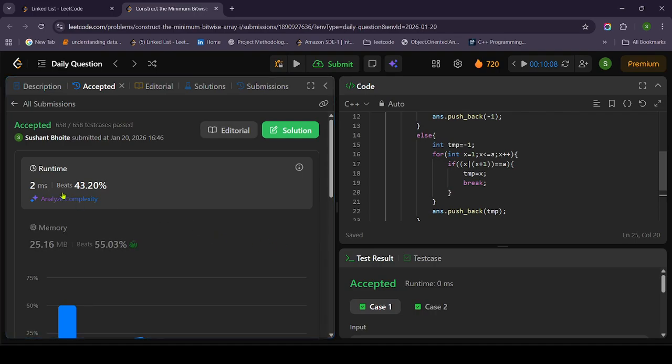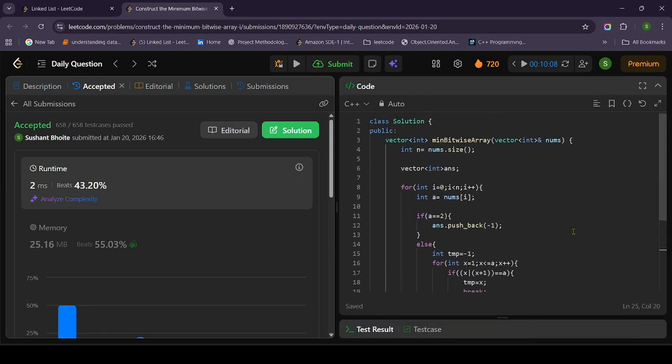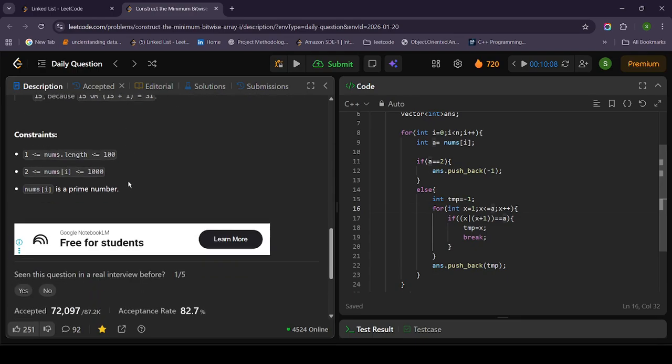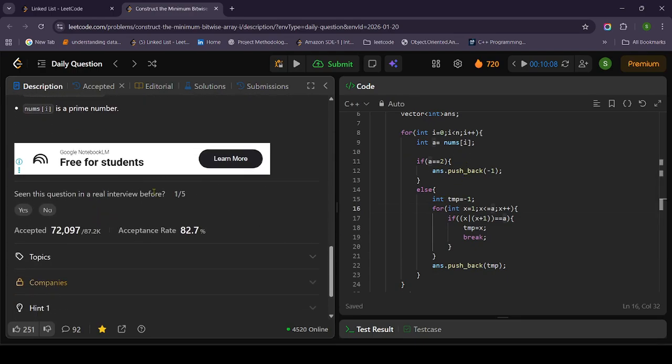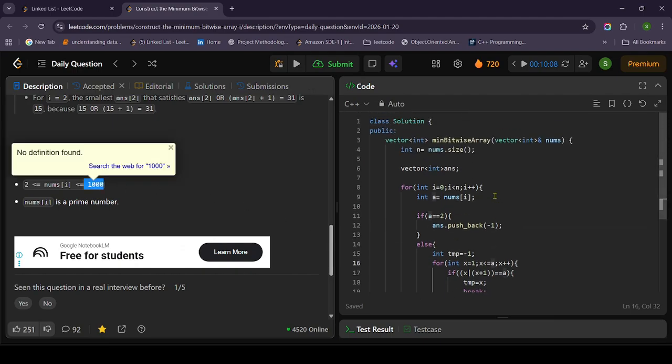Yeah, as you can see, it beats only 43%. So why is it slow? Because this loop is running n times. Now in the else part, this loop is running how many times? It is running from 1 to a, right? And what can be the maximum value of a? It is 1000, right? So that's why the time complexity of this code will be